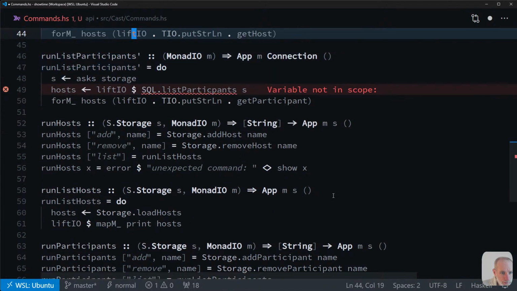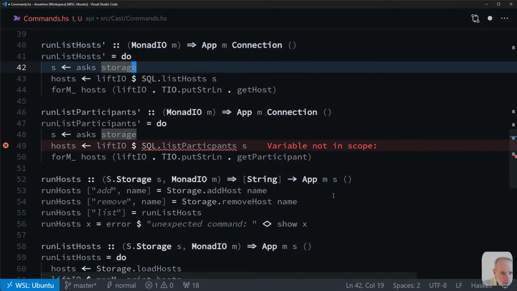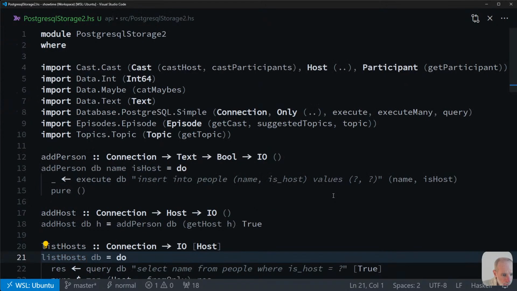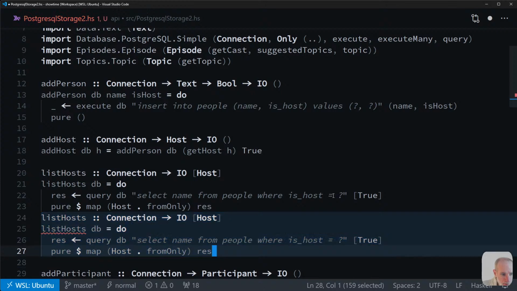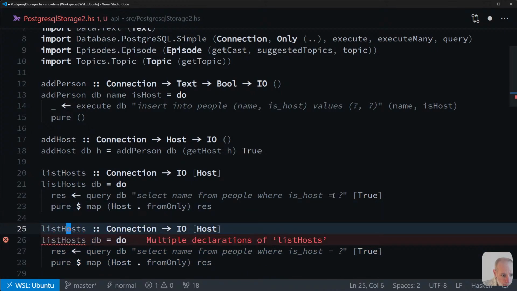Okay, so the problem we have is list participants doesn't exist, but that should be quick to add, right? But because of the type safety, I need to copy and paste rather than,